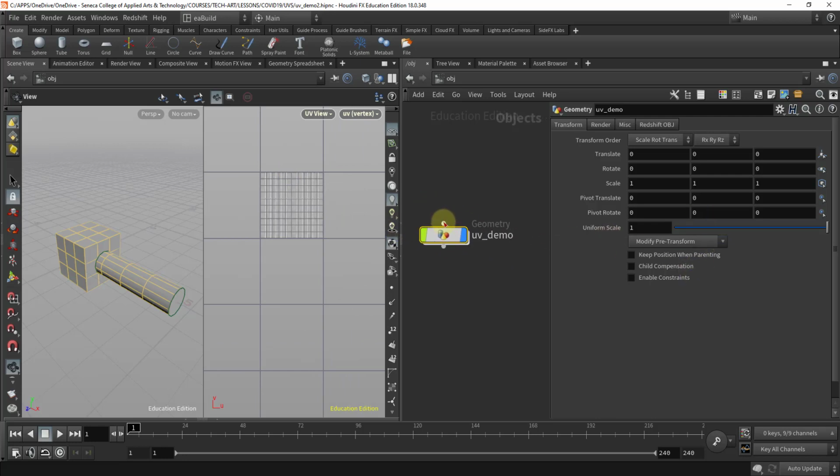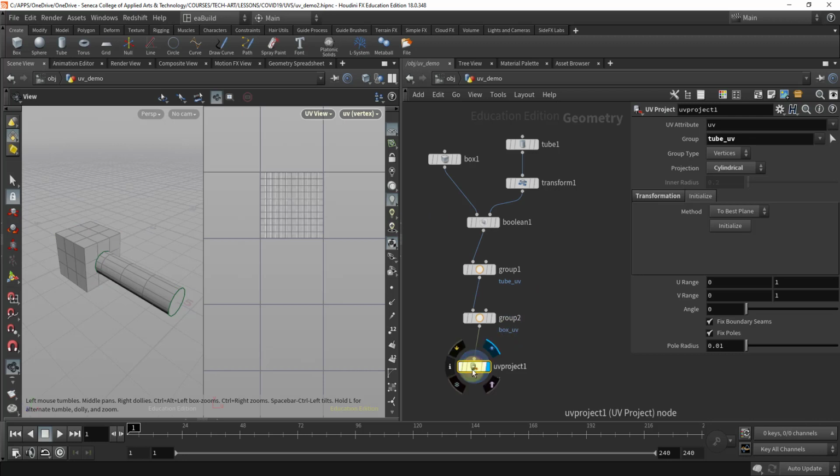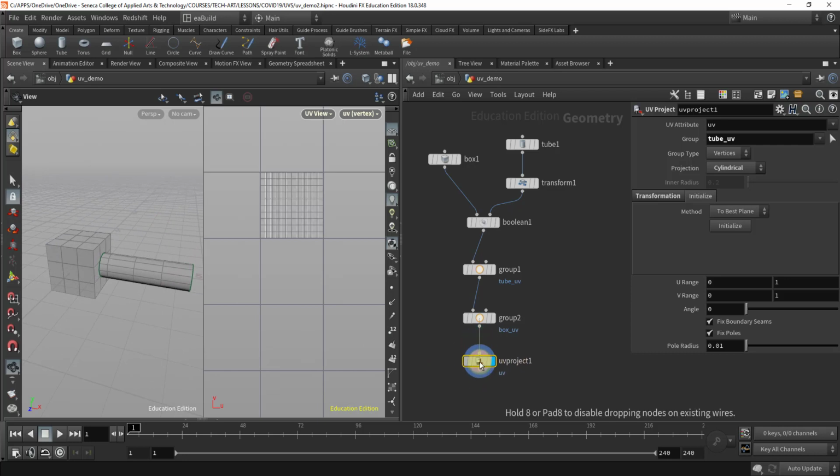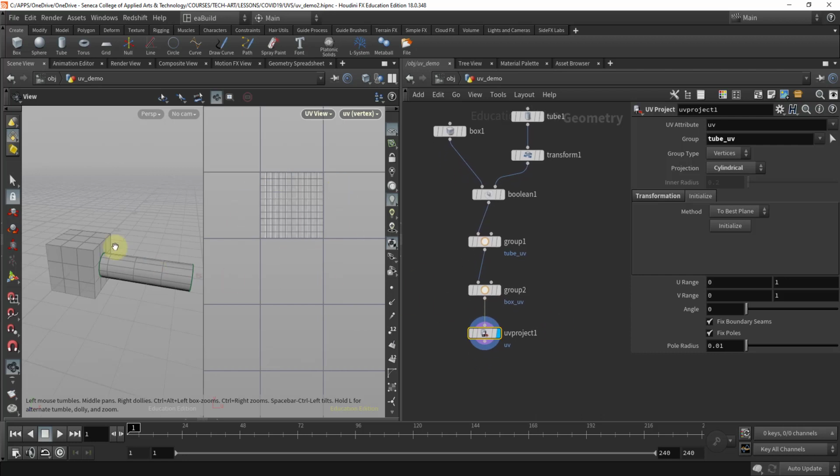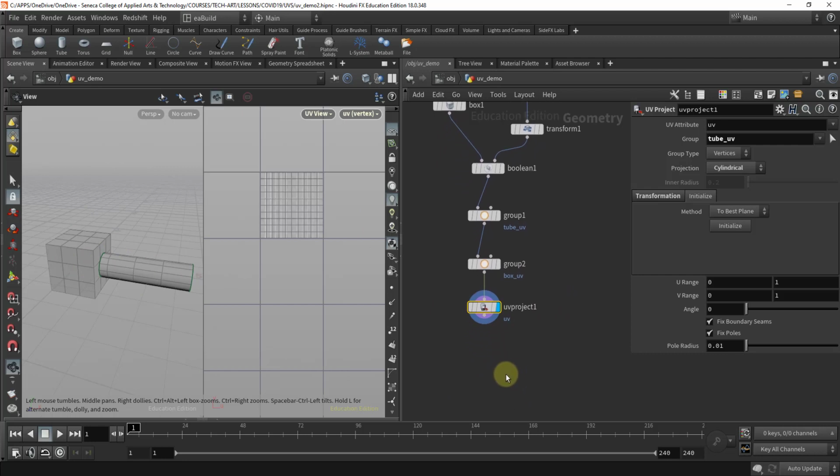And for some reason I jumped all the way up. There we go. Go down. And again, this UV project is currently set to the tube UV. For the square, we're going to use the UV flatten like we did in the very first lesson in this